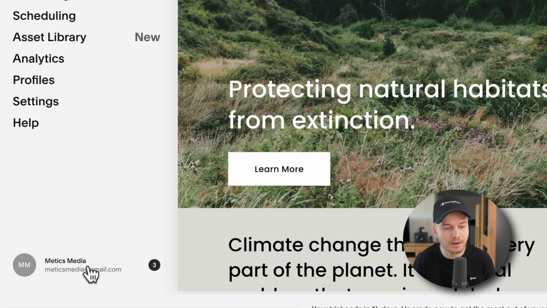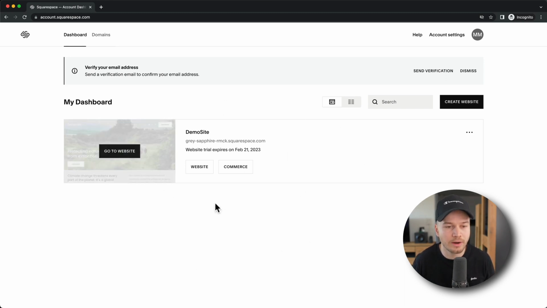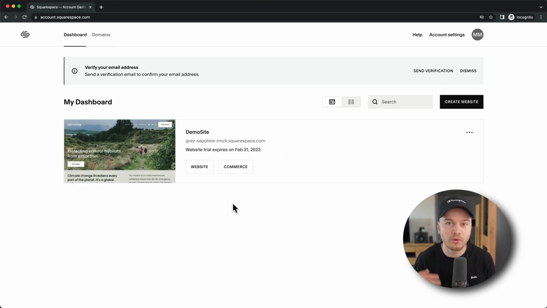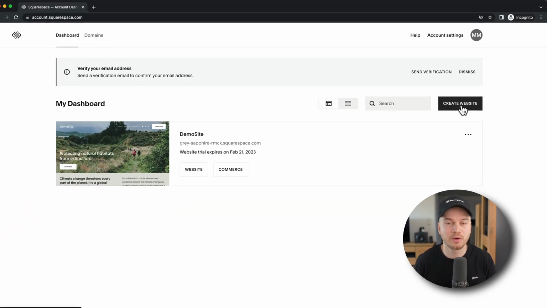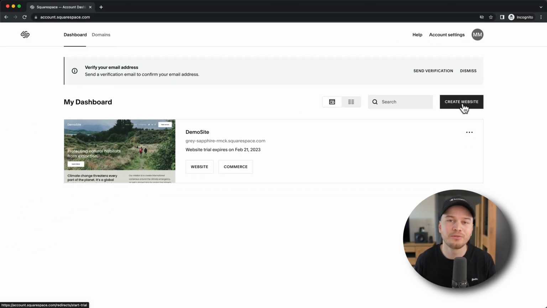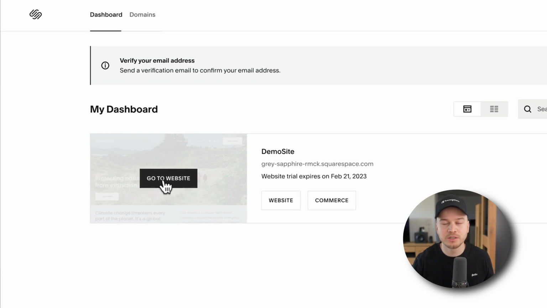So when you click on your account here, you can see that right now we have one Squarespace website. You can create multiple websites here just by clicking on Create Website on this button, and then you can create another website and basically play around with different types of websites and then launch the one that you find works the best for you. To go back to the editor, we just click on Go to Website here,